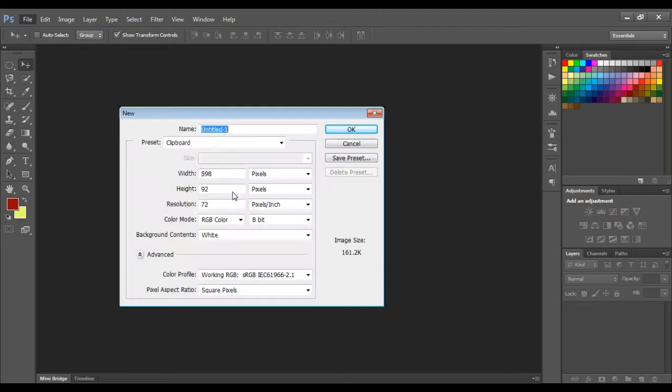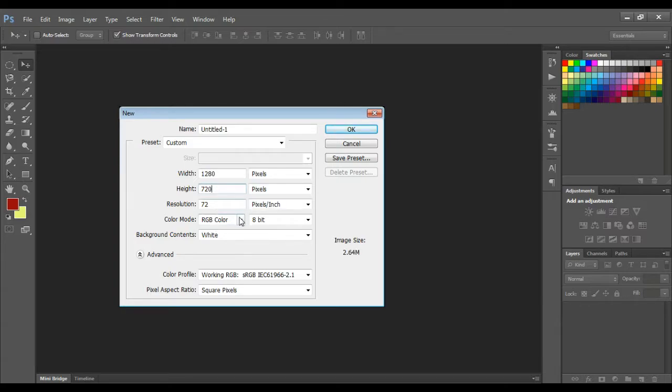This is our screen. From here we have different already available templates, or already available sizes, in which you can work. Or if you want to customize your own size, you can click over here. I want a thumbnail or a poster, so I'm selecting the width 1280 and height 720, which is the default size of a thumbnail.